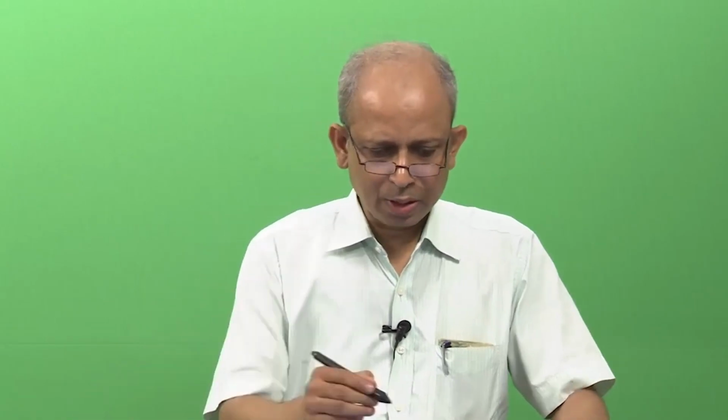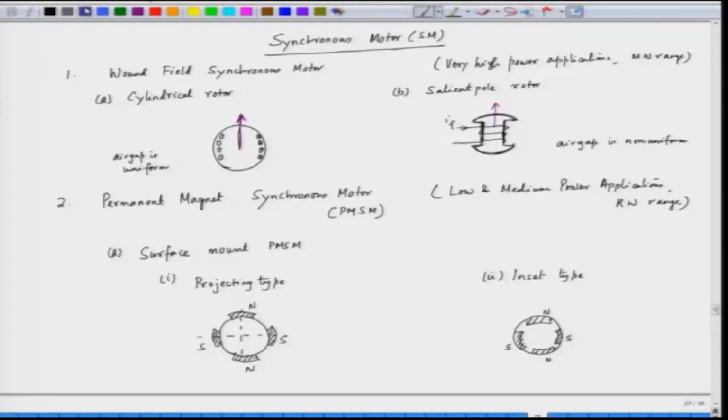In the last lecture, we were discussing the synchronous motor, and we saw that we can have a wound field synchronous motor or a permanent magnet synchronous motor. So, we will start with discussing the various types of synchronous motor. Now, as we have already seen, we can have a wound field synchronous motor, which can be of two types, a cylindrical rotor,